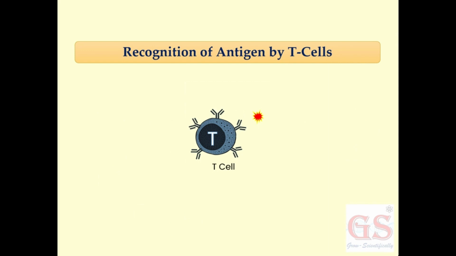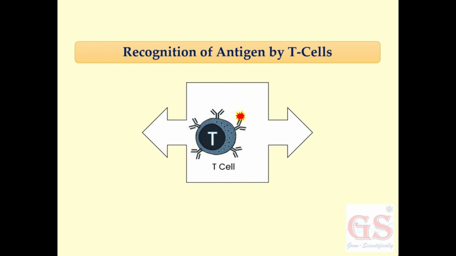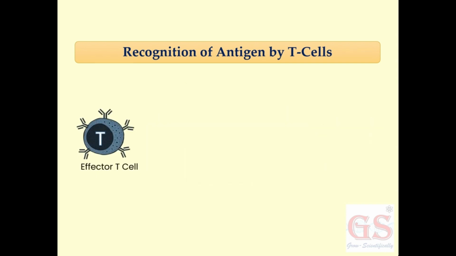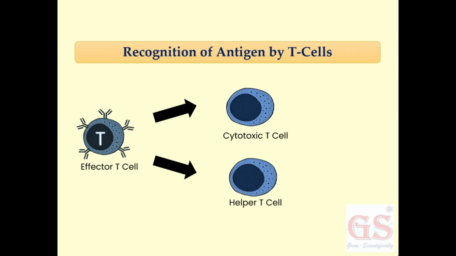On the other hand, when T cells interact with the antigens complexed with MHC molecule, they can get differentiated into effector and memory T cells. But now the function of effector T cells is not to produce antibodies, but they further get differentiated into cytotoxic and helper T cells. These cells have a structure on their surface called the T cell receptor, which helps them